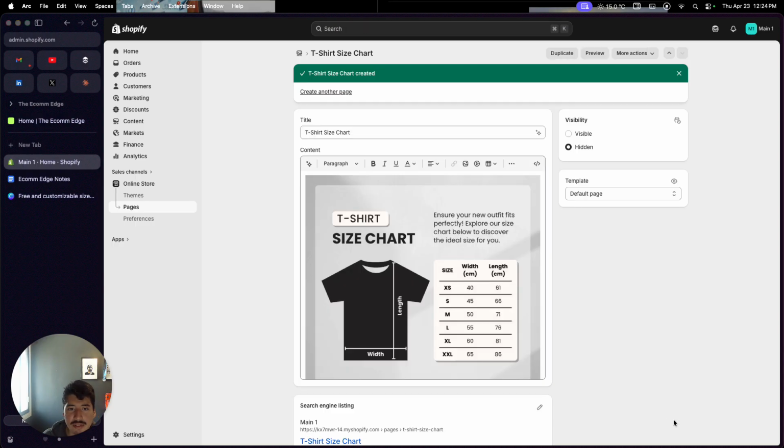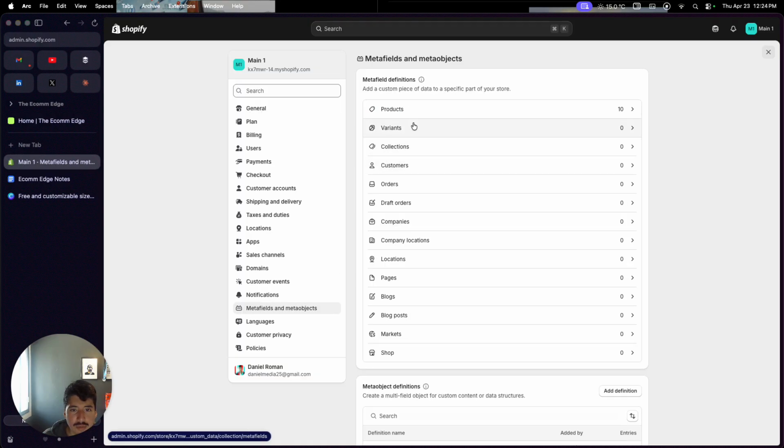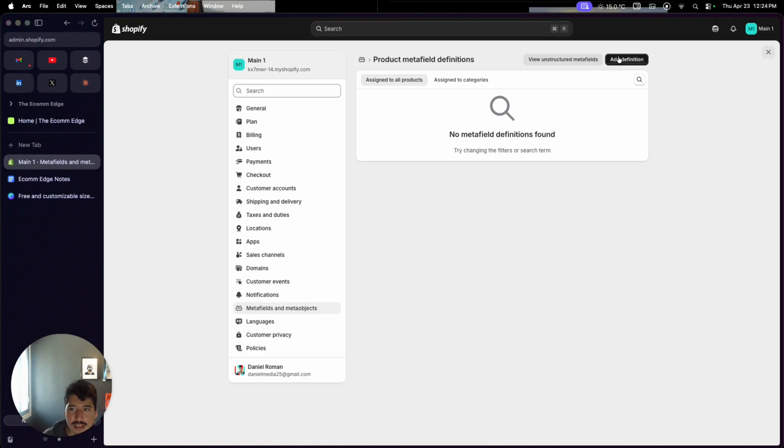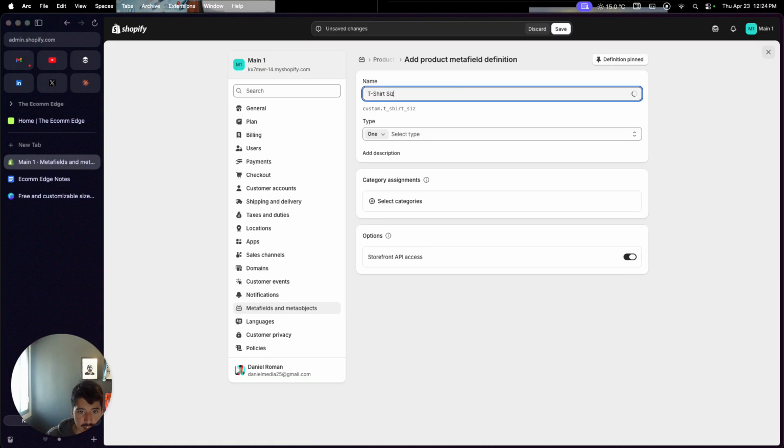Okay, so now it's saved. So the next step is to create a metafield. We're going to do this by going to settings. So once you're in settings, you want to click on metafields and objects, products. You're going to click add definition, and we're going to just write t-shirt size